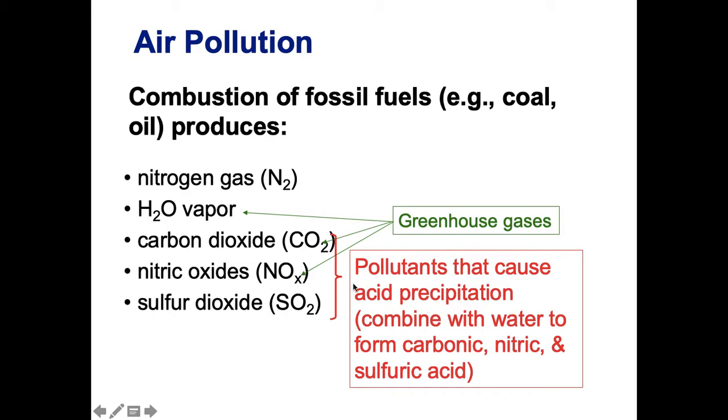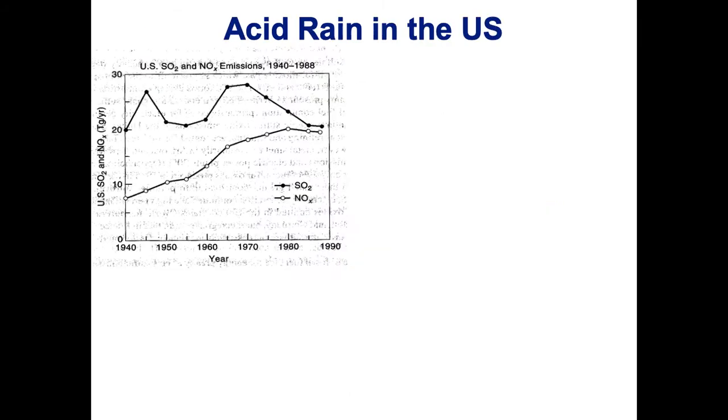So carbon dioxide, nitric oxide, and sulfur oxides, when they're combined with water, create an acid. So we get carbonic acid from carbon dioxide dissolved in water, nitric acid from the nitric oxides dissolved in water, and sulfuric acid when sulfur dioxide combines with water. And if you'll remember from chemistry class, sulfuric acid is a particularly strong acid with a very low pH. And that one is one that we've kind of worked on with different regulations in the United States. So those cause acid rain.